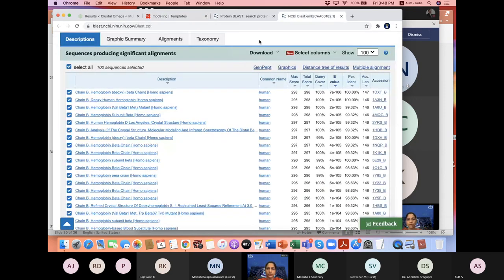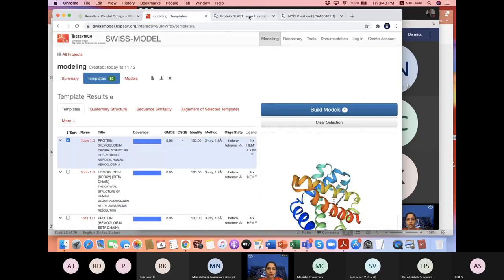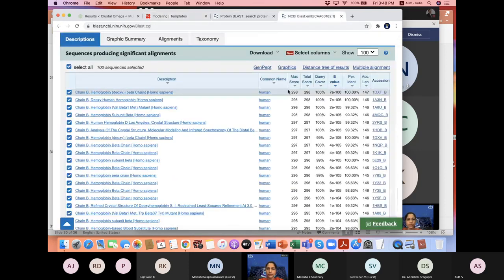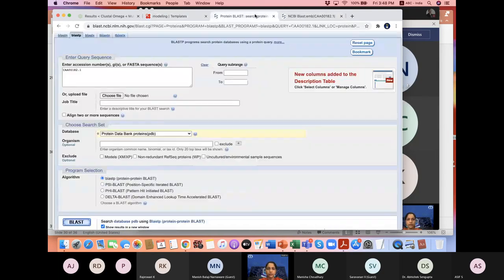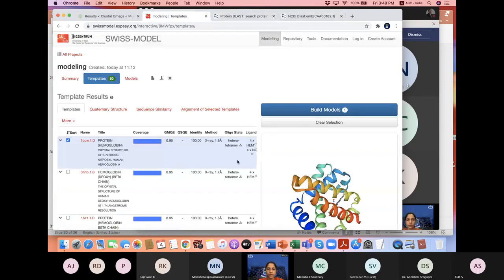Okay, so let us just try this. We'll just go back. As we have seen here, this is 100% identical and the accession number is 1DXTB, right? But you can see here the first one that has come is 1BUW.